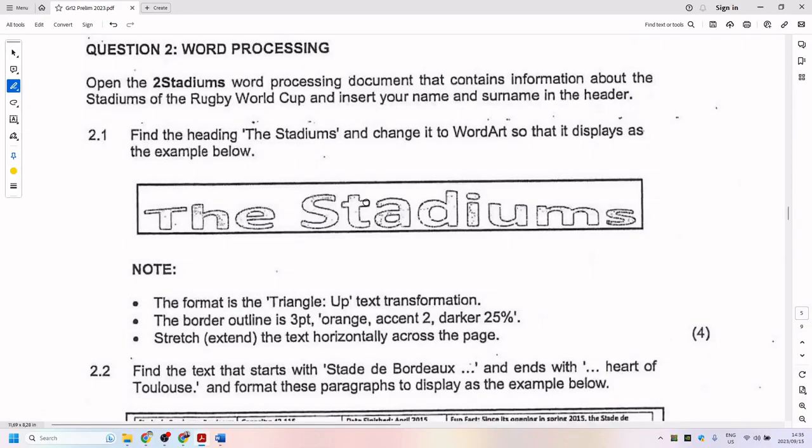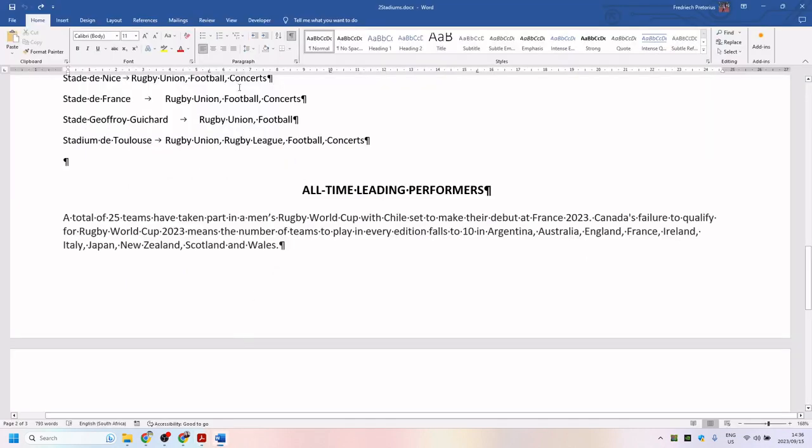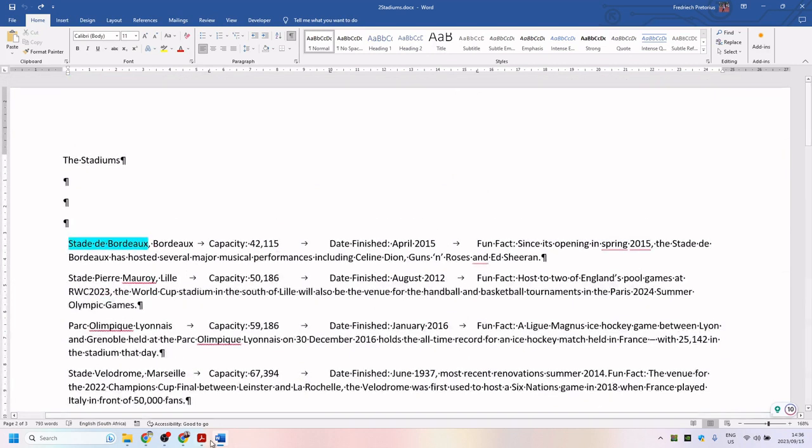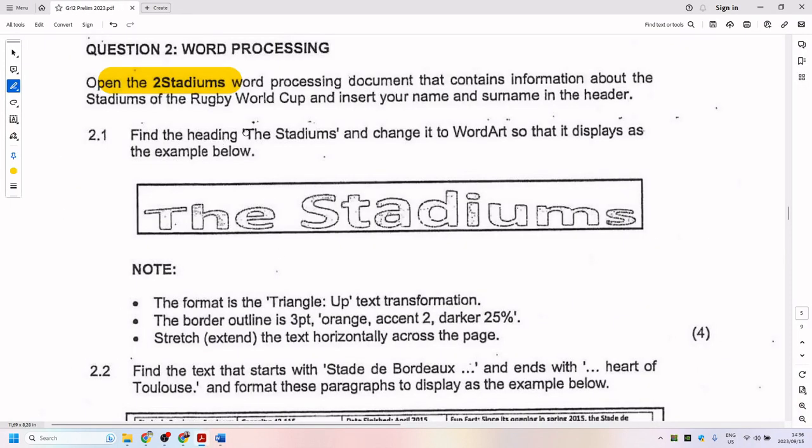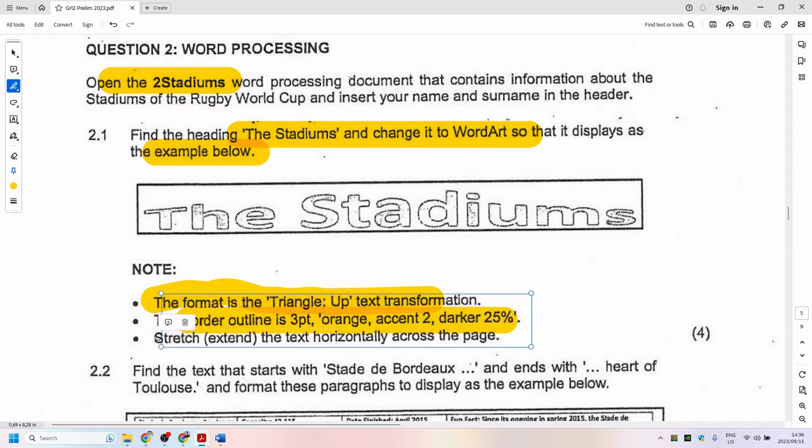Right. So question number 2, the first question that we have is open stadiums. Now I have already opened stadiums over here. And then it says find the text heading the stadiums and change it to word art so that it displays as the example below. Right, so the format is a triangle up text transformation. The border is 3-point orange accent 2 darker 25%, and it is stretched, extend the text horizontally across the